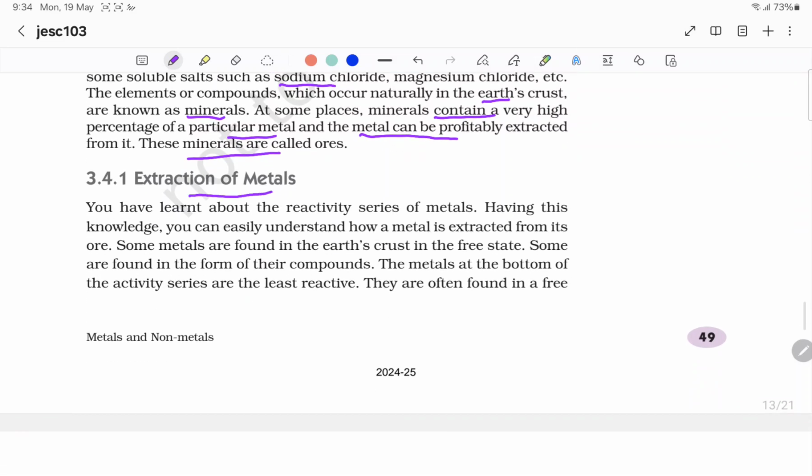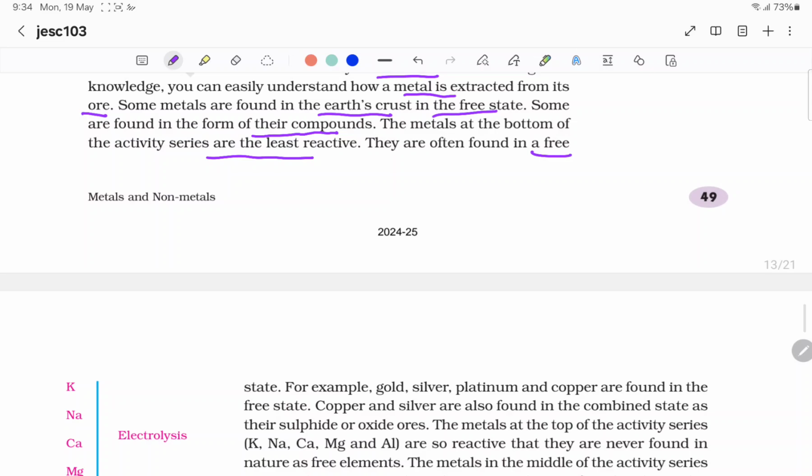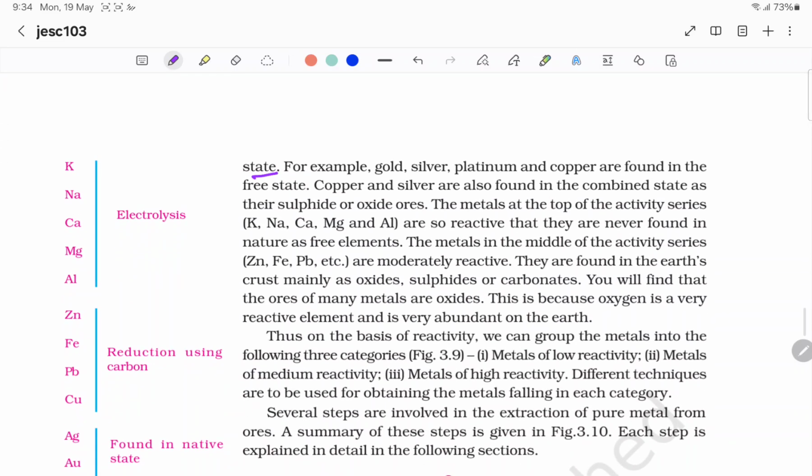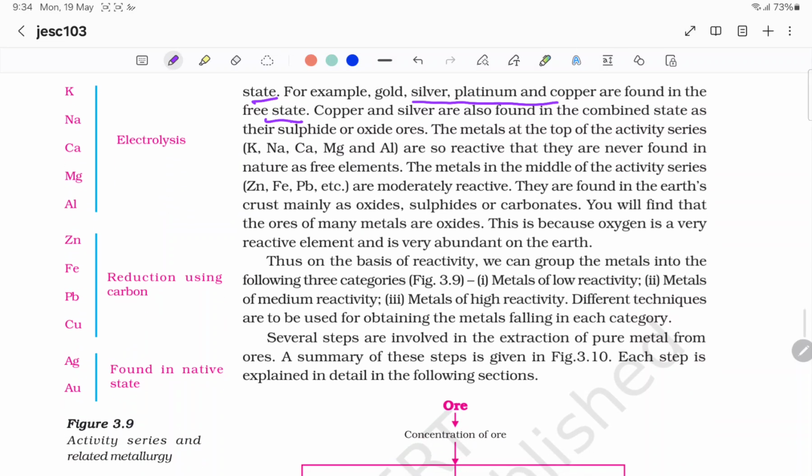Extraction of metals. So you have learned about the reactivity series of the metals. Having this knowledge, you can understand how a metal is extracted from the ore. Some metals are found in the Earth's crust in the free state. Some are found in the form of compounds. The metals at the bottom of the activity series are least reactive. They are often found in the free state. For example, gold, silver, platinum and copper are found in the free state. Copper and silver are also found in the combined state as their sulfide